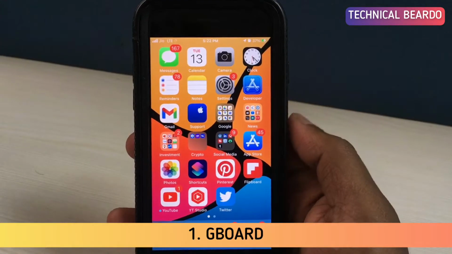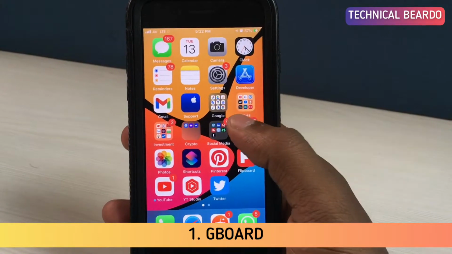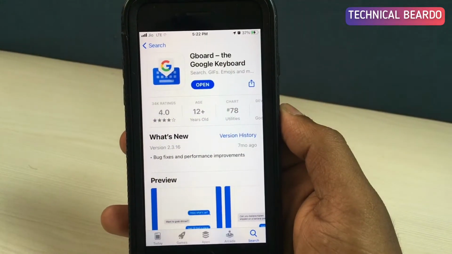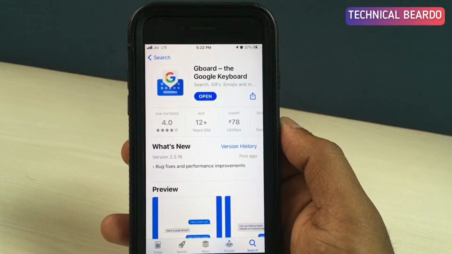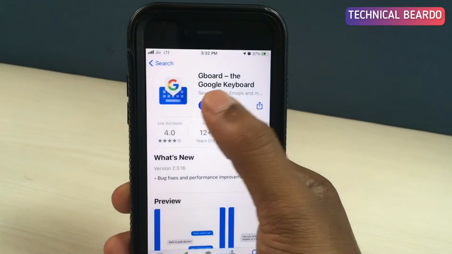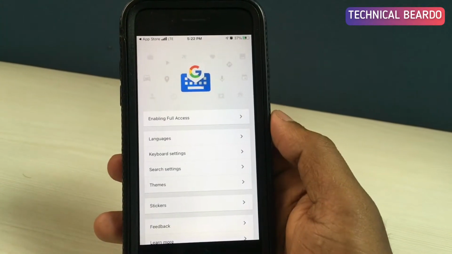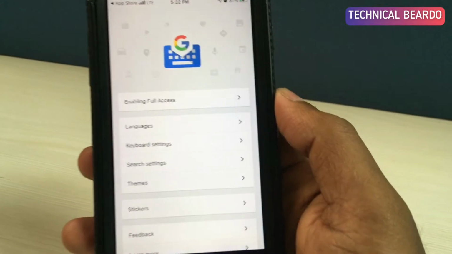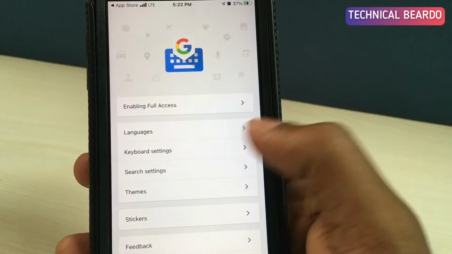Now, lastly, talking about the best keyboard for your devices, that is Gboard, or the Google keyboard. If you see, it is completely freely available on the App Store. So guys, I know many people know about this keyboard, but for those who don't use it, let's see what the new features available in this keyboard are, right? Once you open the application, it has a simple layout, right, with completely detailed options.